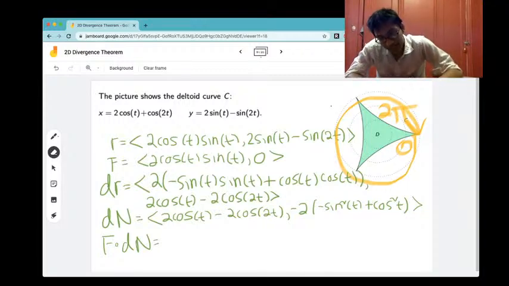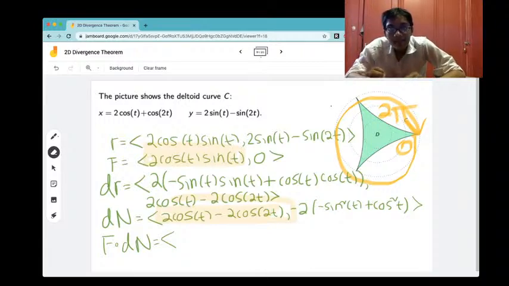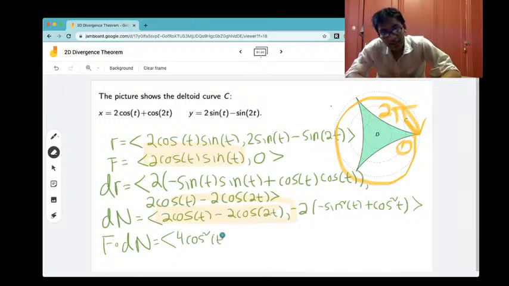So my x component is really all that matters, right? So what I'm gonna do is, let me highlight it. I'm going to take this x component of my vector field, multiply it with this x component of my unit normal function, right? So what am I going to end up with? I'm going to end up with 4 cosine squared t sine of t